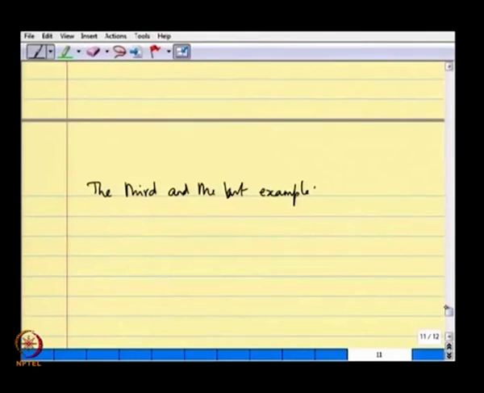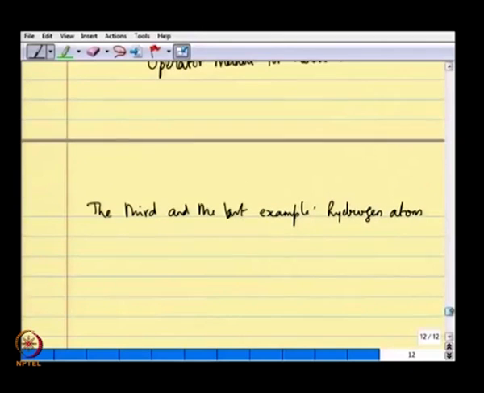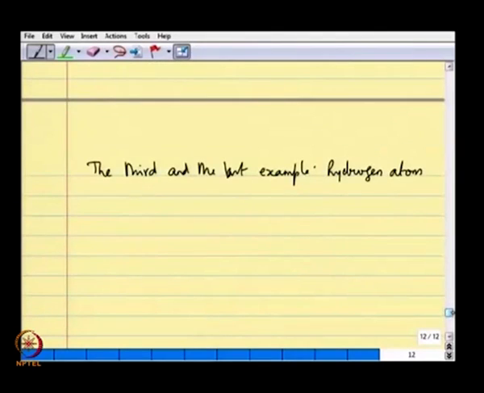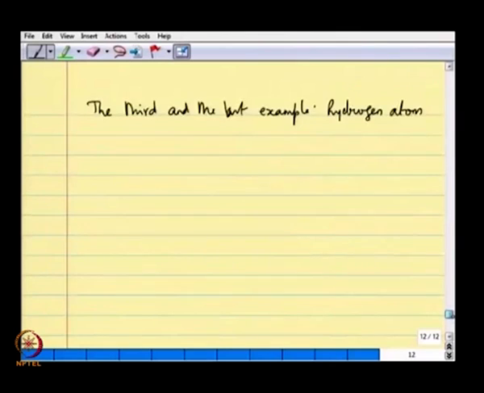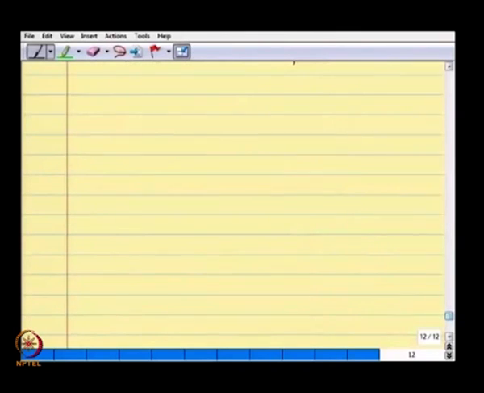Okay, the third and last example is the hydrogen atom. These are the three models that you are supposed to have become familiar with through the study of the first level quantum course. So in the case of the hydrogen atom, all of you know that the zero order Hamiltonian is given in polar coordinates by minus h bar square by 2 m e,